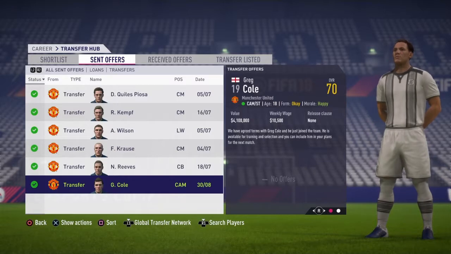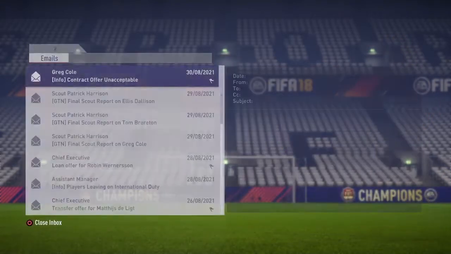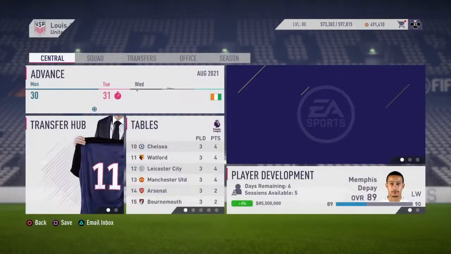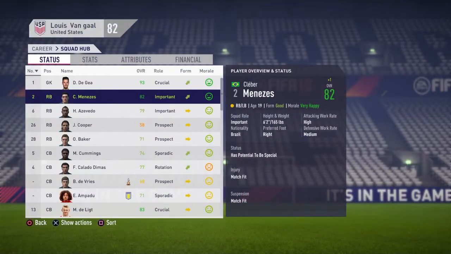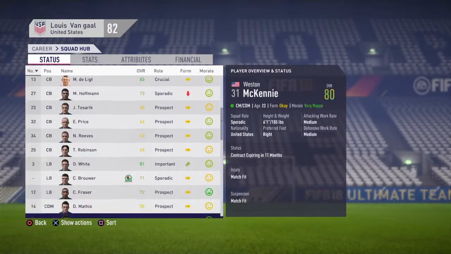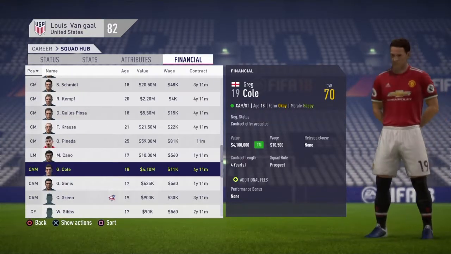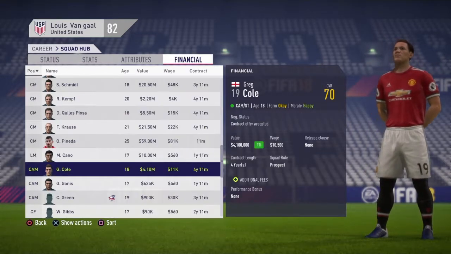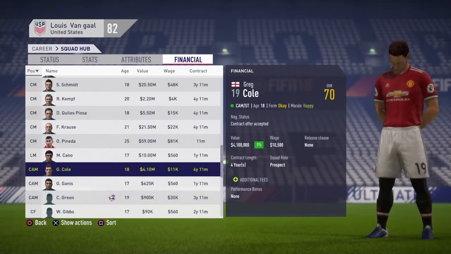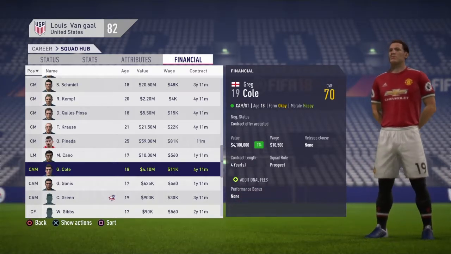Now, say that his 3.3 mil value was just showing great potential. Now there's a high probability that he's an exciting prospect, and we're about to find out right here. No, he's actually still showing great potential, but from 3.3 mil to 4.1 mil his value is actually a big jump without putting him on a loan and trying to call him back, you know, the usual